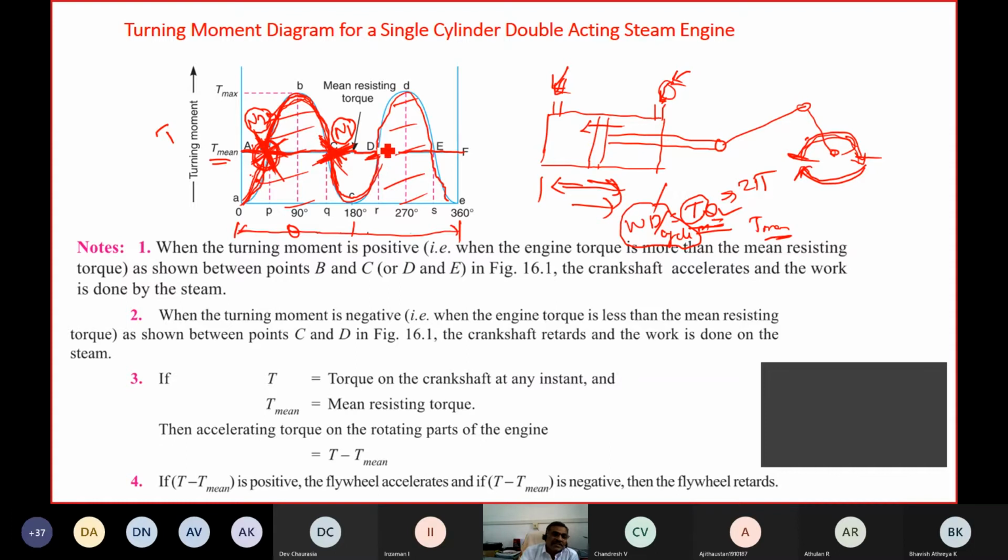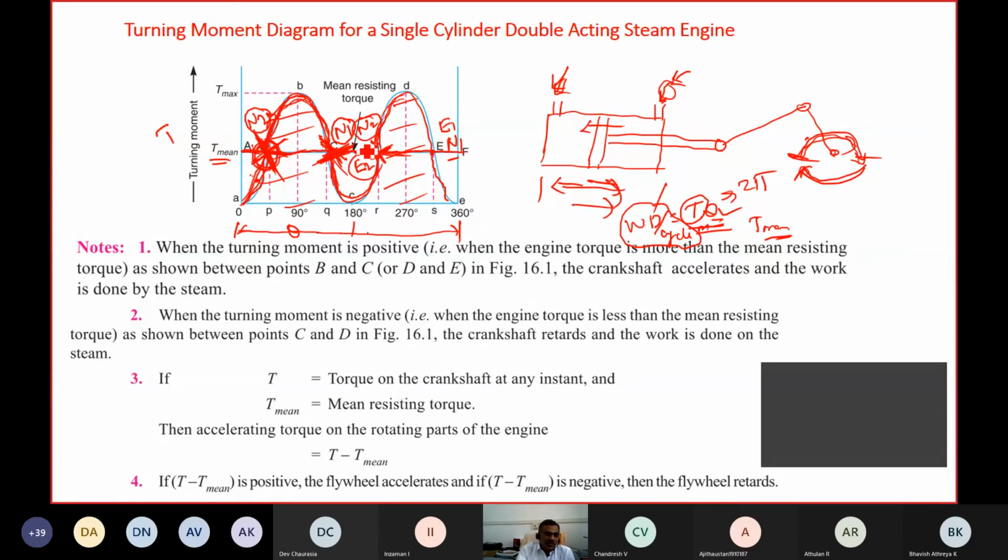Now, after this, the torque produced in the engine is more than the required. So now the flywheel speed will increase and the flywheel energy also will increase. At this point, again speed is N2, that is, speed is minimum, and energy is, we can say, E2, it is minimum. And at this point, energy is maximum. Let us take E1, speed also maximum, because here the torque is more than the required and it is stored in the flywheel, and it increases the energy and the speed. So this is the way it works.